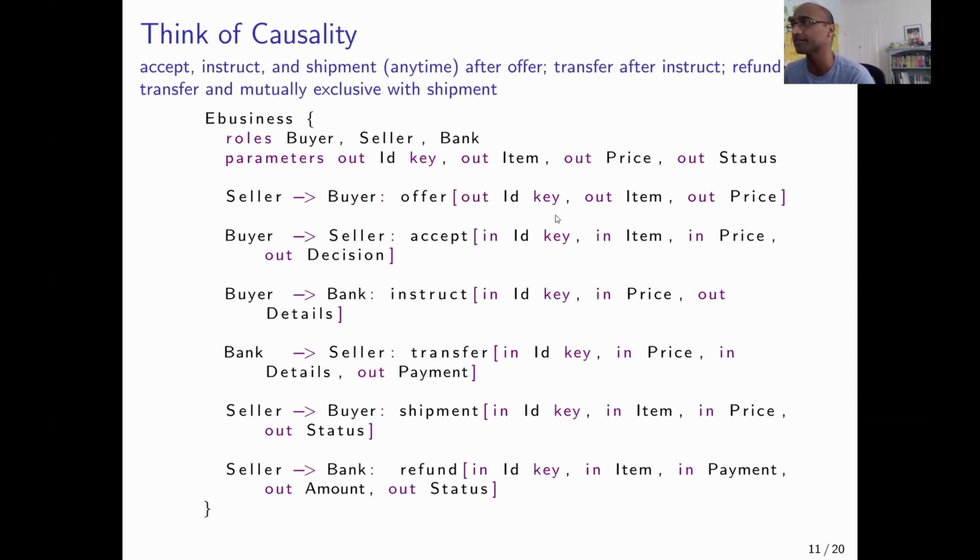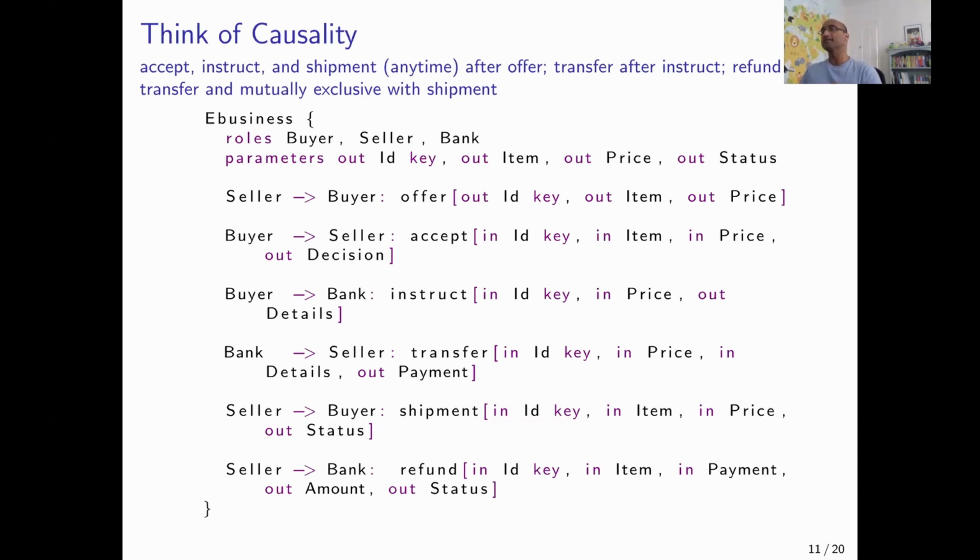So knowledge is monotonic in this framework. And so likewise, this protocol captures the requirements that accept, instruct, and shipment can happen anytime after offer. Transfer happens anytime after instruct, because instruct produces out details, whereas transfer has in details. And refund may happen anytime after transfer, because you want to say that, if you've received the money from the